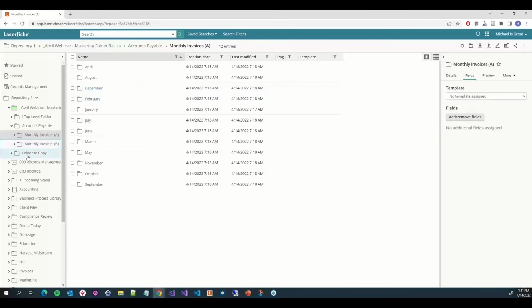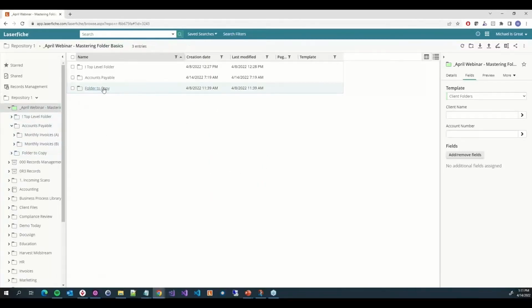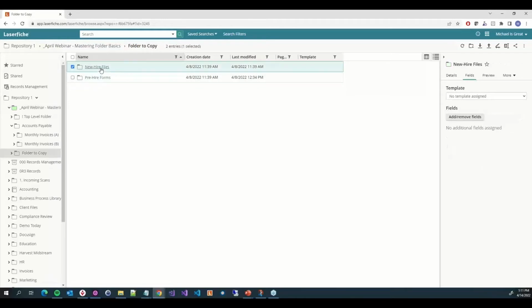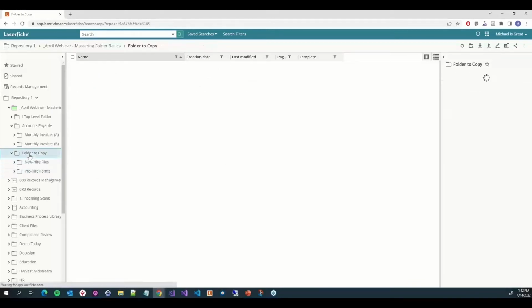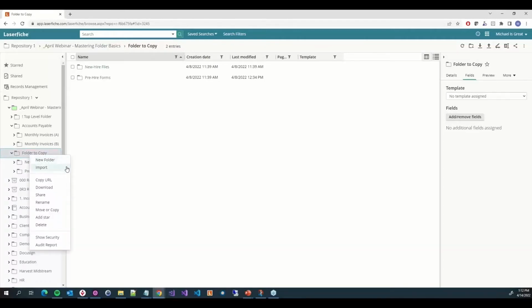If we go back to our tip of copying only a folder structure, in our folder to copy, let's look under our new hire files. We have a few files in here. There's nothing under pre-hire forms, but I want to copy this to reuse the folder structure. If we right click and select move or copy,